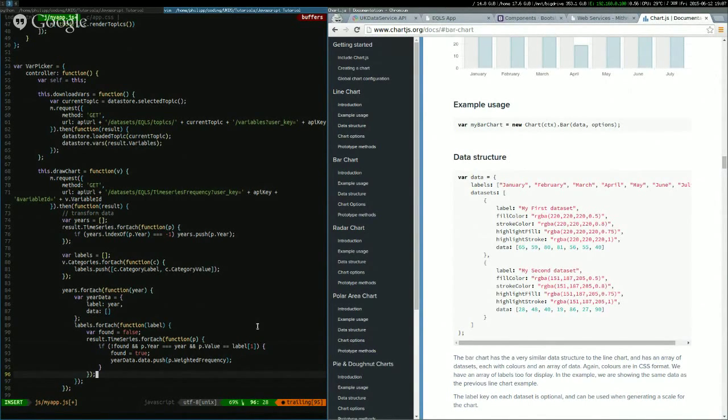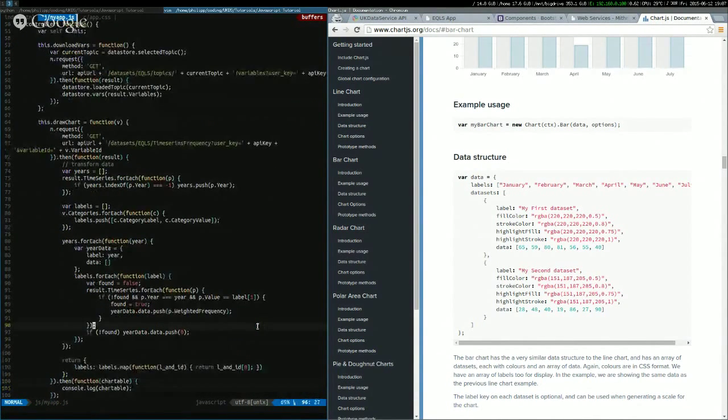If we don't have it, so if at this point, after we're through the series and haven't found a matching point in time, so if not found, then we add 0. So we say, yeah, data push 0. Okay, so,